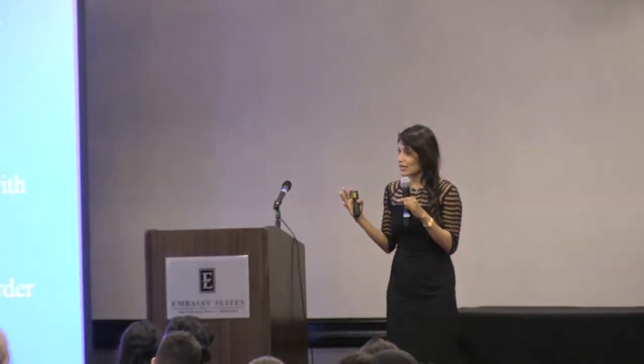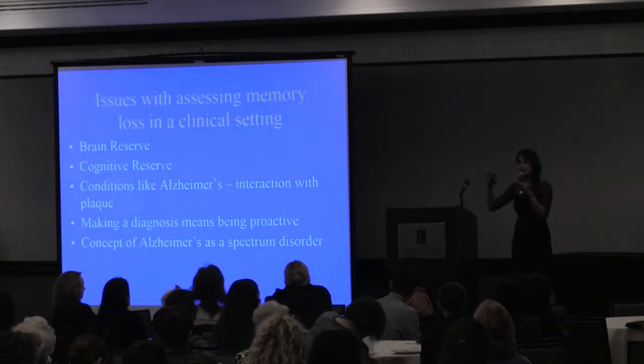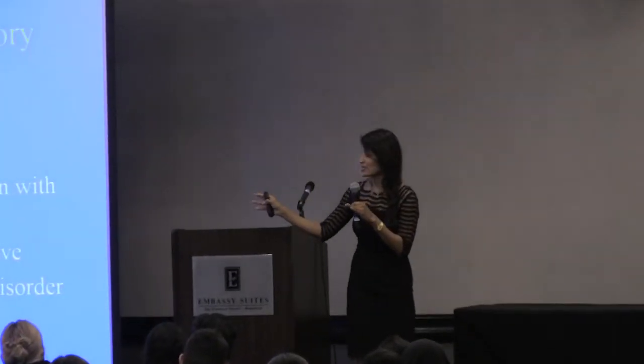Now I want to touch on a couple of concepts, and then it's time for the test, because there are enough people here for us to do that. So there's the idea that in all of us, we have two kinds of mental money in the bank. One is our brain reserve. The larger our brain, the more brain cells we have, the more of a brain reserve we have. So women have smaller brains, but we all know we're smarter. So there are other things, obviously, that go into the mix, but really the brain reserve, so there's something to be said for head size and head circumference and absolute brain size and how that correlates with brain reserve,